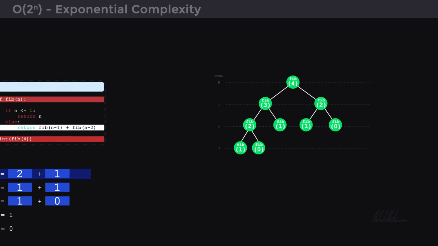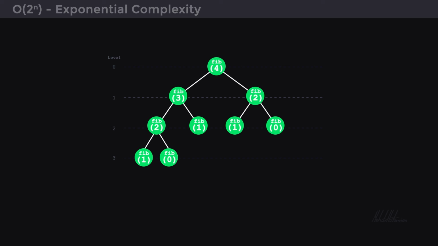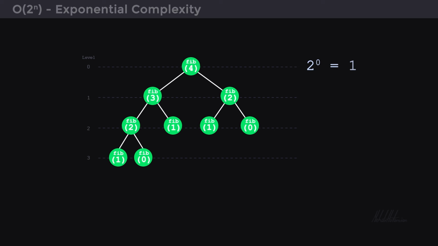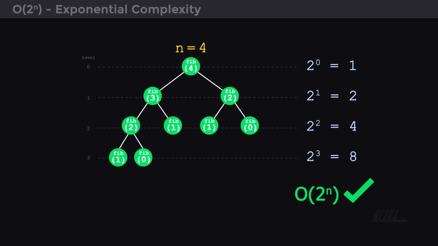Now let's dive into the intuition behind the time complexity of this algorithm. At each level in the tree, the number of nodes approximately doubles. So at level k, there are about 2 to the power of k nodes, which represent the function calls. This doubling leads to an exponential time complexity, that is, big O of 2 to the power of n for the recursive Fibonacci function. To summarize, when calculating Fibonacci of 4, the operations will stop at level 3, regardless of